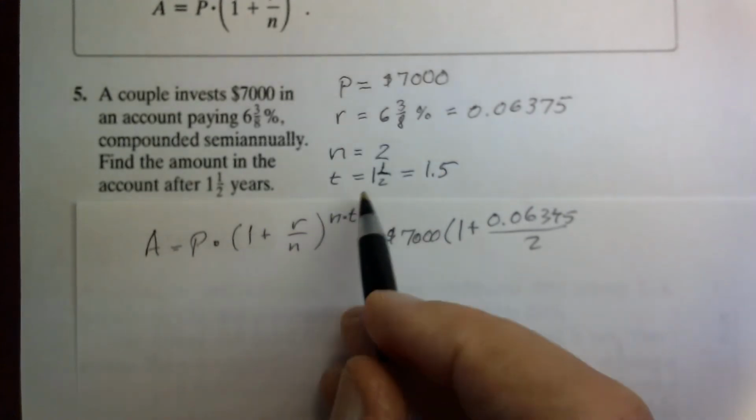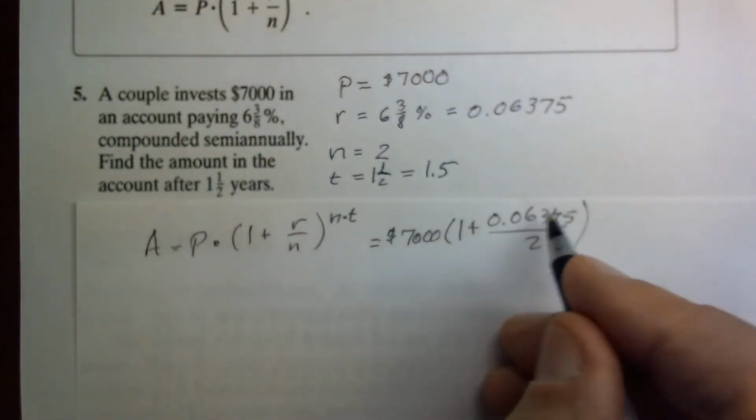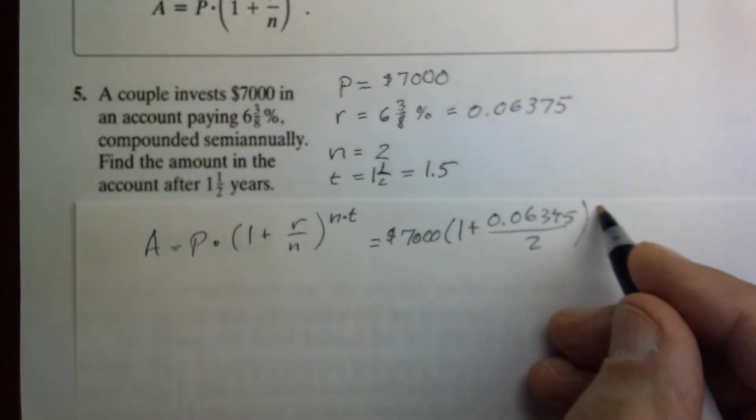Remember, N was equal to 2 because it's compounded semi-annually, to the N times T, or 2 times